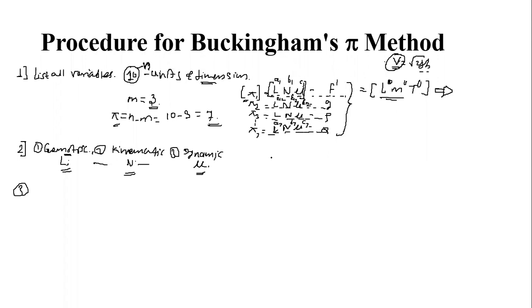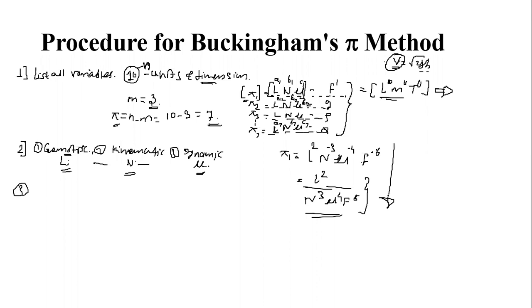Suppose that for this pi1 term, I would like to go for pi1 is equals to L, n, mu and force is there, and we got L as I said 2, n we got as -3, mu we have got as power -4, and we got the power as say -6. Time being I'm considering, means we will get the relation here as L square upon n cube into mu raised to 4 into f raised to 6. This is the functional relationship which we are getting in the first pi term, pi1. So likewise, you will get the functional relationship up to the 7th pi term.